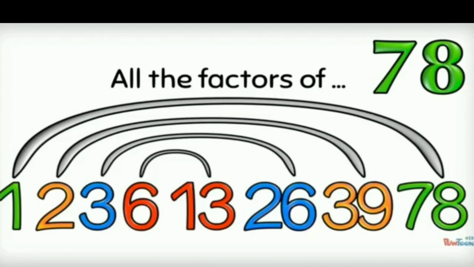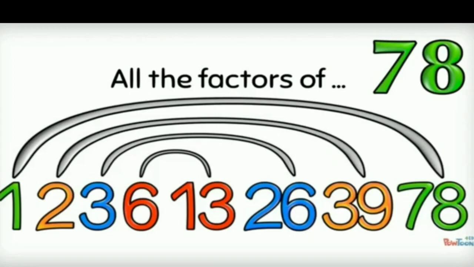So, after that we move on to the table of 13. When we come to the table of 13, we found that the quotient comes out to be 6, which is similar to that when we divided by 6. So, here the factors 13 and 6 come out, which is a repetition. So, we have to stop here, and after carrying out the whole process of division, we found that the factors of 78 are 1, 2, 3, 6, 13, 26, 39 and 78.